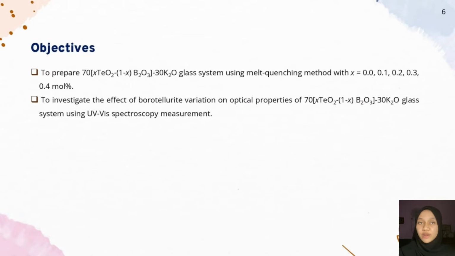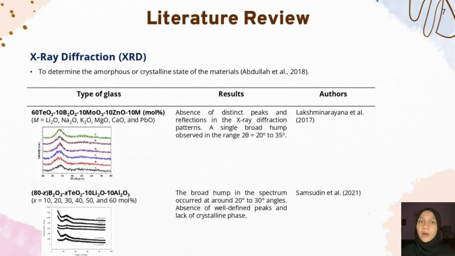The objectives of this research are to prepare the stated glass system using the melt quenching method with x equals 0 until 0.4 mole%, and to investigate the effect of radiation on the optical properties of the borotellurite glass system using UV spectroscopy measurement. Research on the optical properties of borotellurite glasses has been the subject of many prior studies,